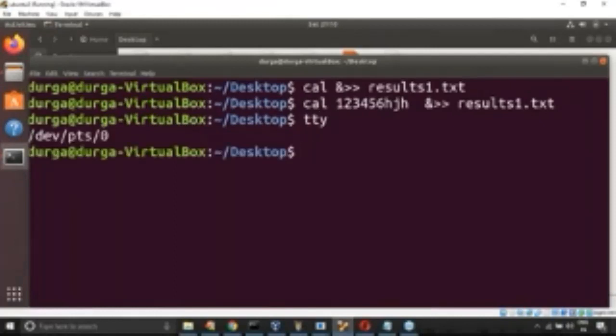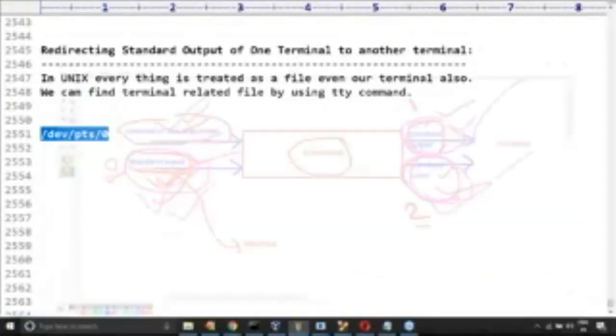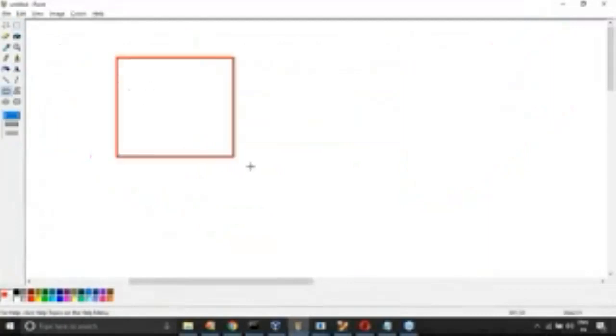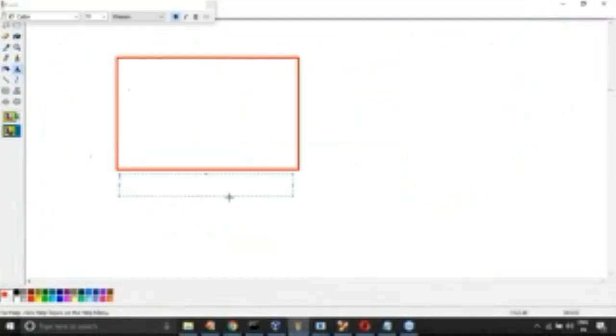So what is tty? I'm taking it. Now this is the file related to the current terminal. Remember this one. Can you please read and observe that? Have a look once about this one. I have one terminal. Can you please spell out what the name is?